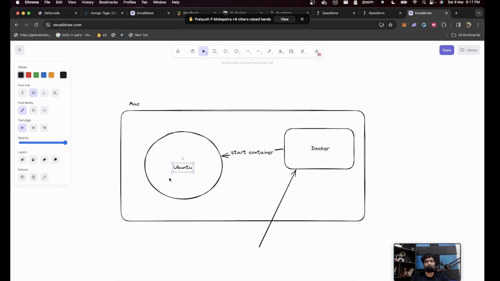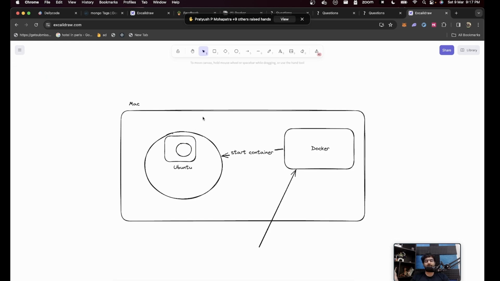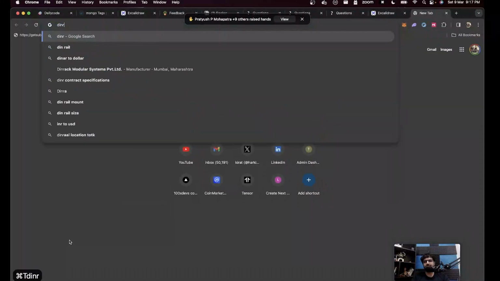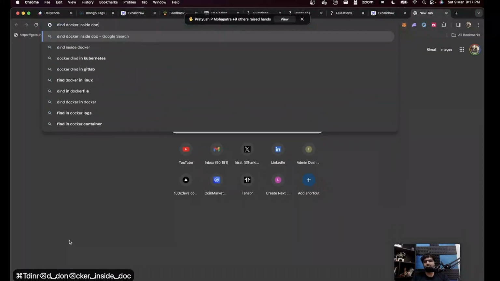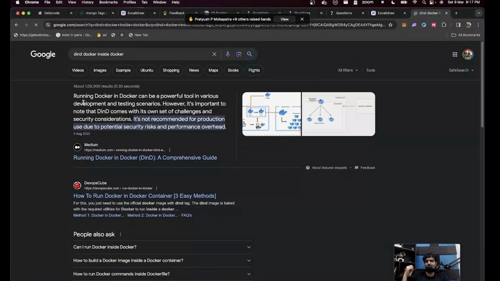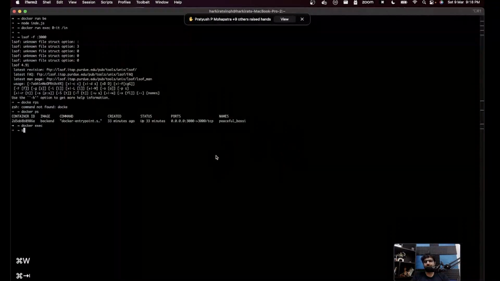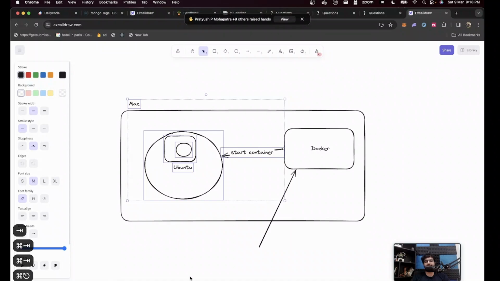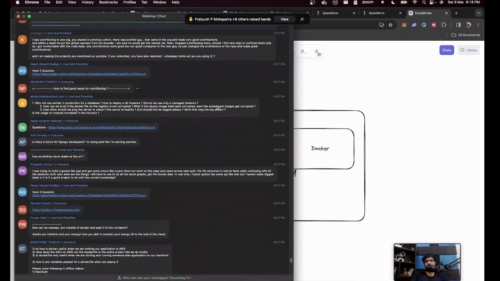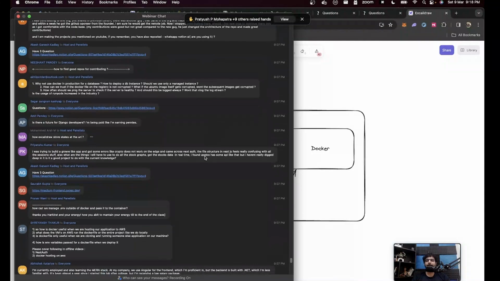Someone asked, can you start Docker inside Ubuntu? Can I create a small Docker instance inside which I can have another container? A few years ago, when I had the same question, I reached something called Docker inside Docker, DIND. So there is a way to do it, but it's a very weird pattern. You probably shouldn't do it. In some use cases, it feels like this is something you should do, but almost always, you can find another way to do it.